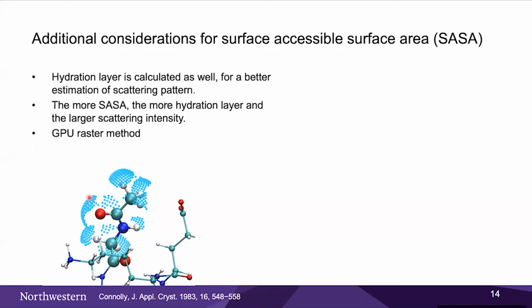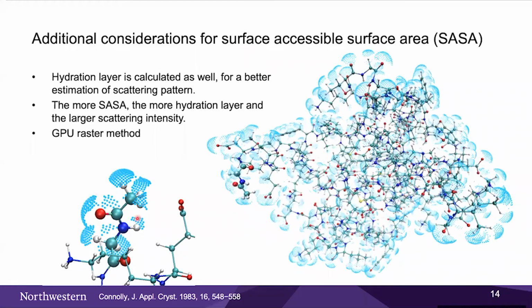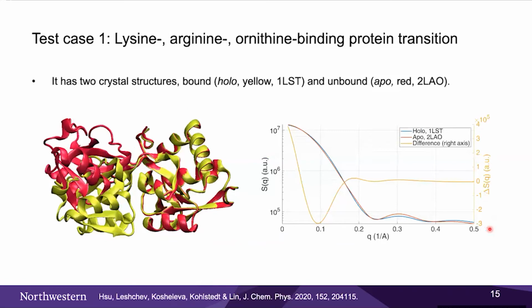It also allows you to visualize the actual hydration shell of a protein, which looks like this. This is for cytochrome C, which is one of the proteins I worked with. As you can see, the protein atoms and the hydration shell are clearly there. It's a pretty cool thing, just want to share with you. This also allows us to take care of the hydration shell by correcting the form factors of the surface exposed atoms. Okay, we developed this code, we decided to put it to the test.